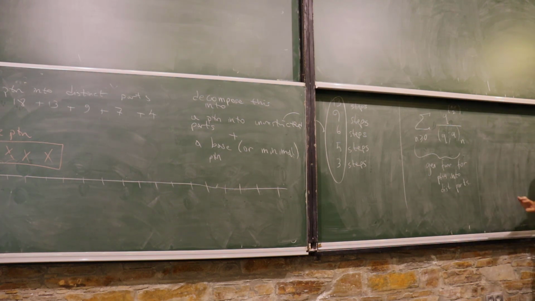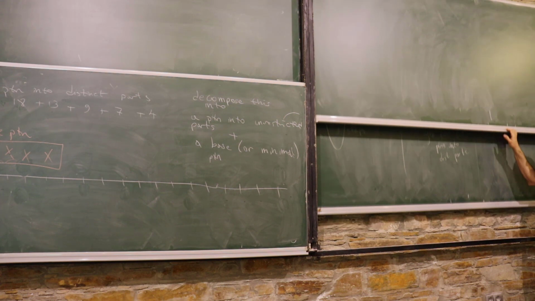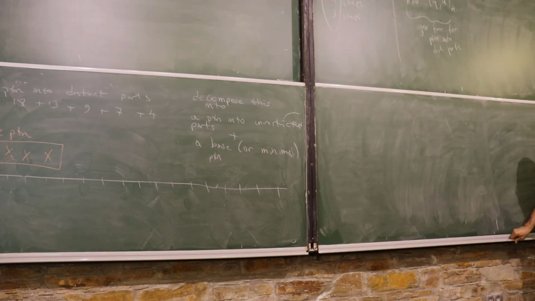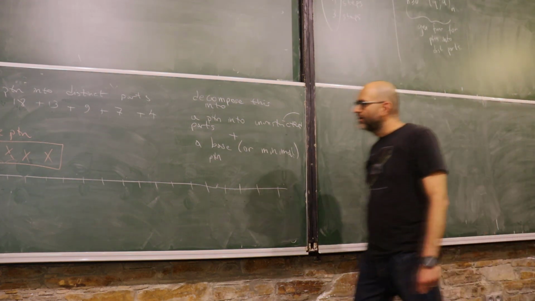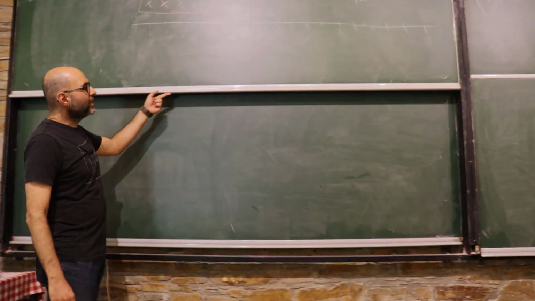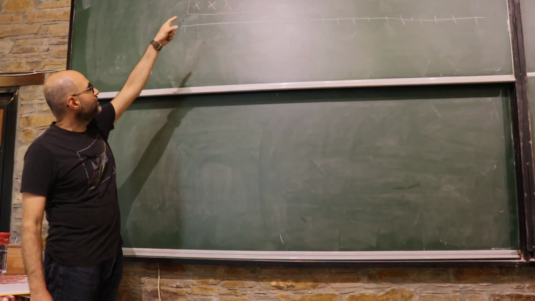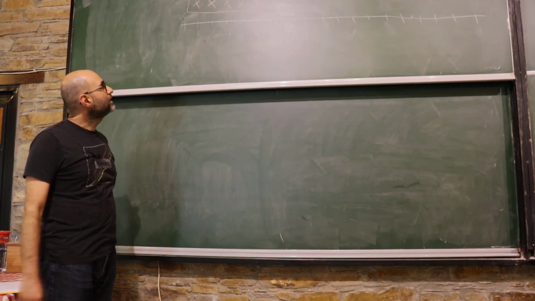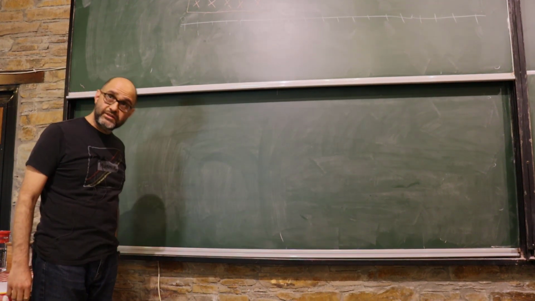So this was our toy example. This was known 200 years ago, maybe. Any questions here? If you look carefully, you will have noticed that 18, 13, 9, 7, and 4 also satisfies the Rogers-Ramanujan